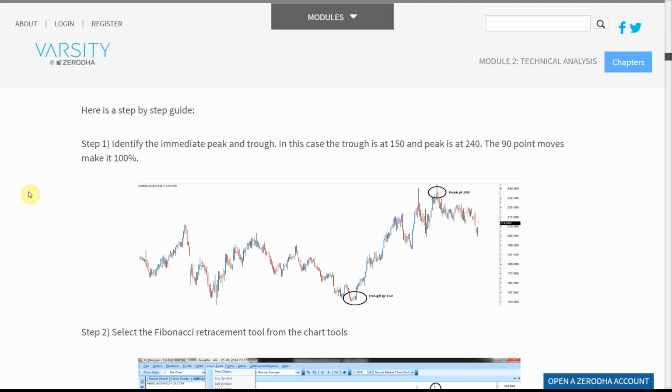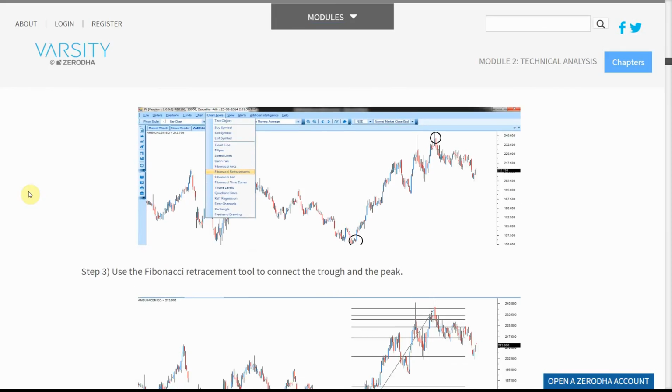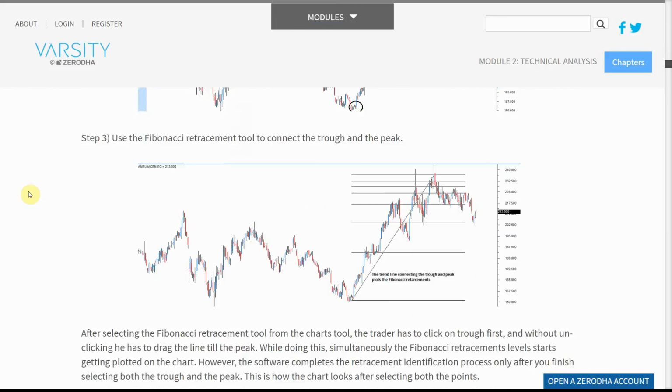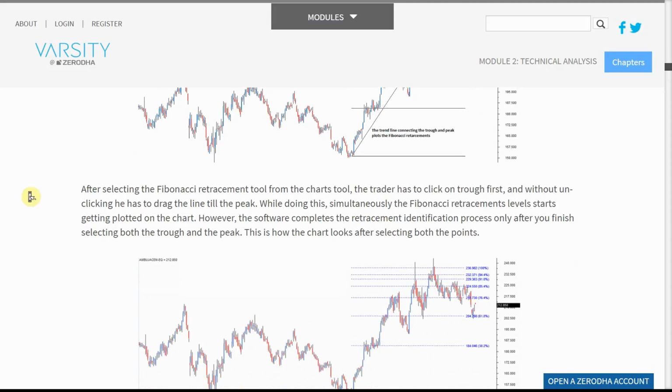Step 2. Select the Fibonacci retracement tool from the chart tools. Step 3. Use the Fibonacci retracement tool to connect the trough and the peak. After selecting the Fibonacci retracement tool from the chart tools, the trader has to click on the trough first, and without unclicking, he has to drag the line till the peak. While doing this,